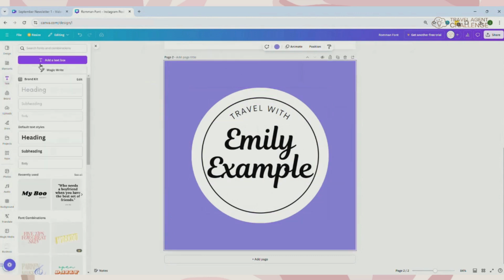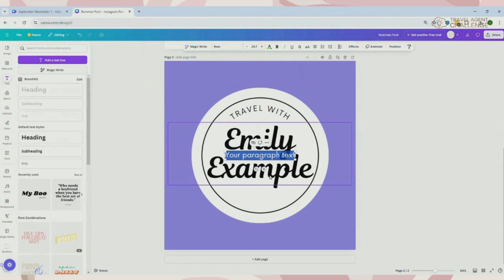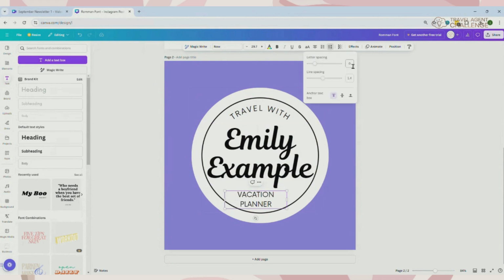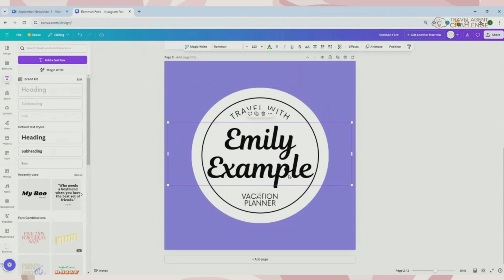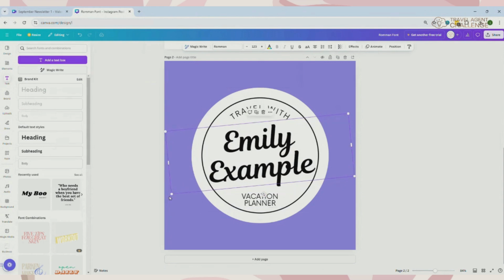Now we're going to come back to our text and we're going to add another text box. And this is the one that's going to go underneath. And this one is going to say vacation planner, it could say travel planner, travel agent, whatever you would like to put here. Established, it's entirely up to you. But again, we're going to close the gap. I'm going to bring the line spacing to 1. Center that. Okay, so we've got our foundation of our